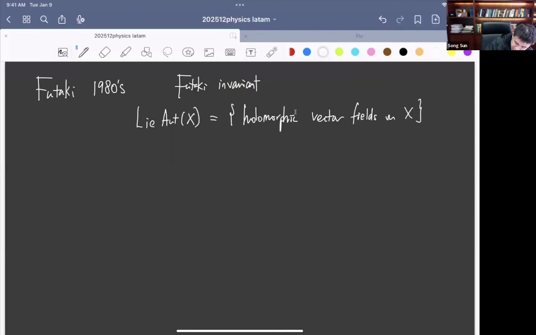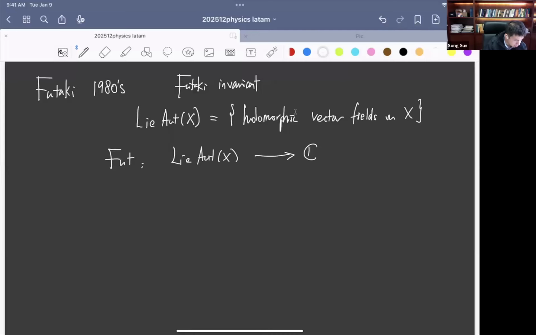He defined a character, which we call Fut, a Lie algebra homomorphism from this to C,